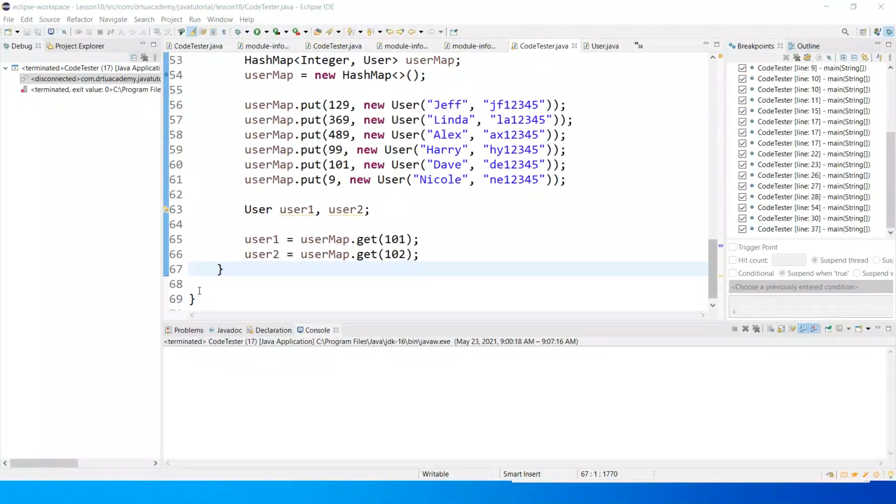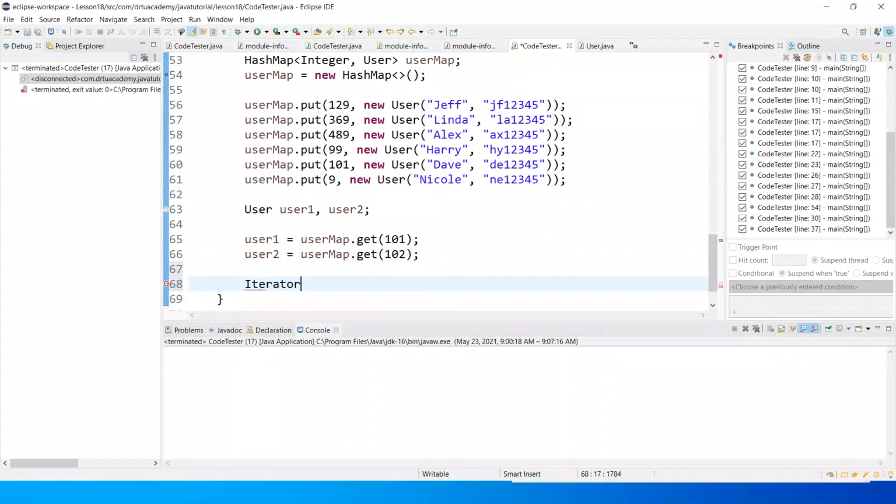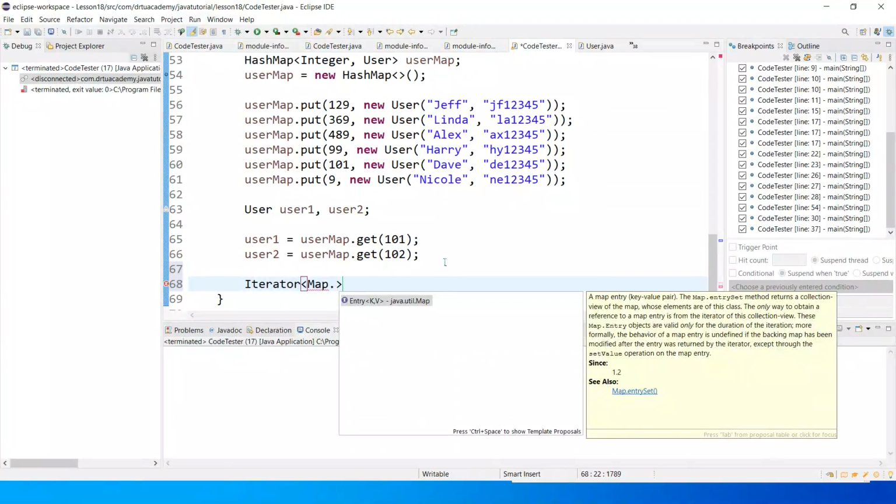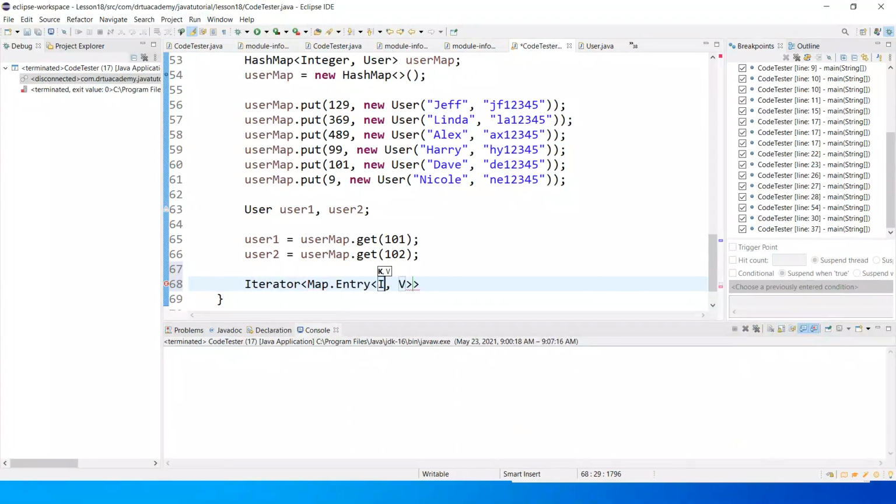We can also use the while loop and for loop to iterate through the HashMap elements. Now let's see how to use the iterator and the while loop to iterate through the HashMap elements. Iterator, Map.Entry, key is Integer, value is user class,